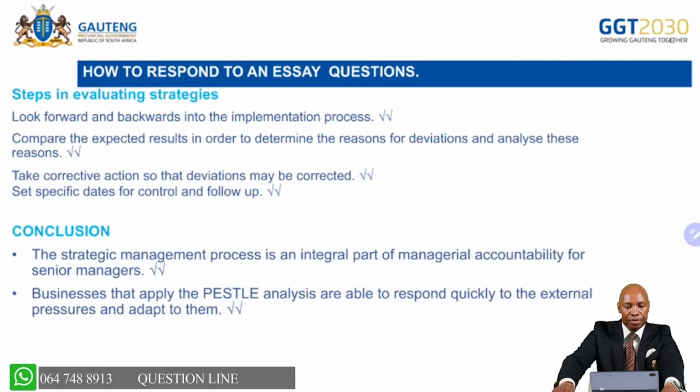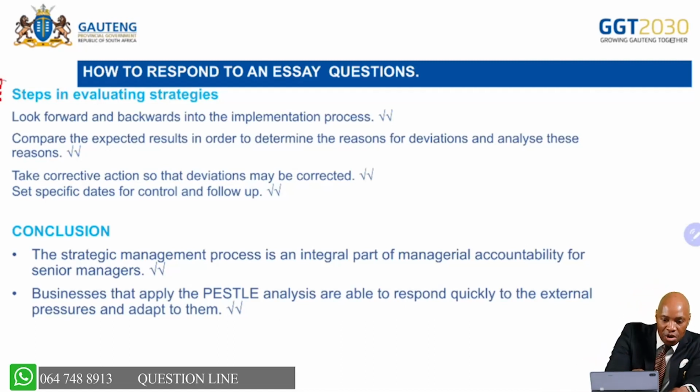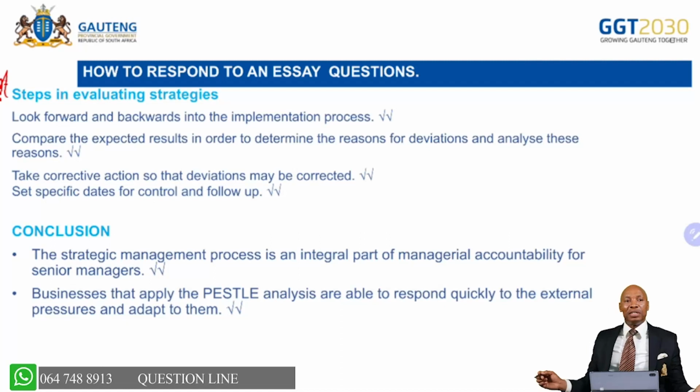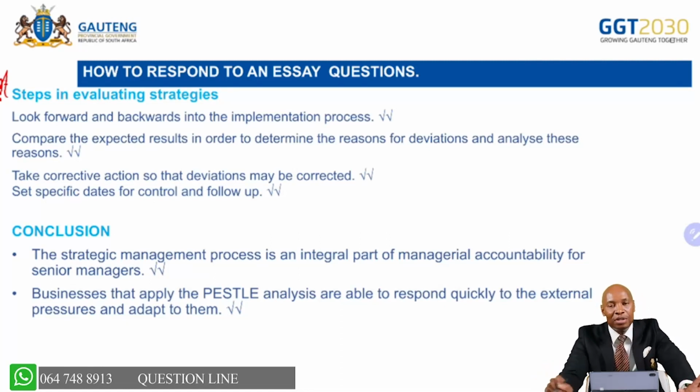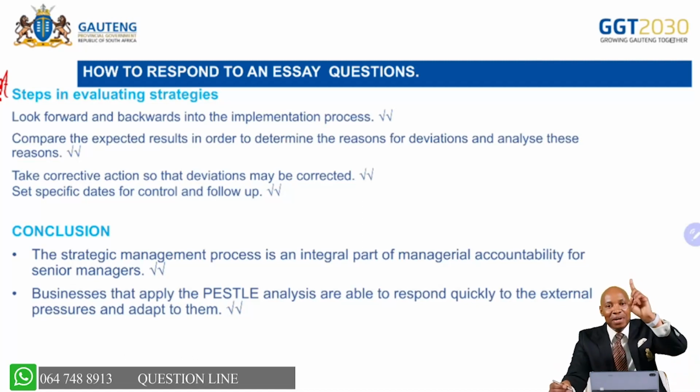Let's go on. Then, remember the last part in our essay was steps in evaluating strategy. Now, when you look at this typical example of responses, you will see that I have 4 subheadings. You will get your first mark on the last subheading. You already have 1 mark for writing all your 4 subheadings. And where do you get those 4 subheadings? You get the 4 subheadings in the question paper. You see, where you are seated, you already have marks in your essay as long as you do the right thing. Remember that introduction.